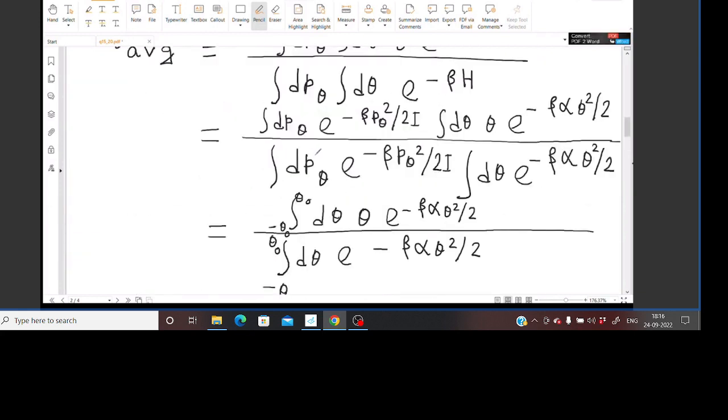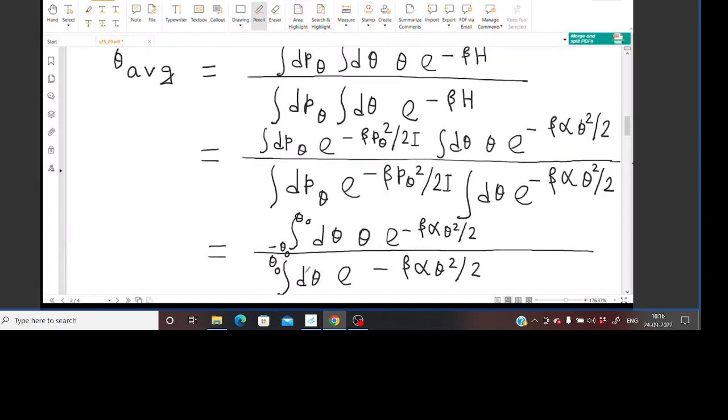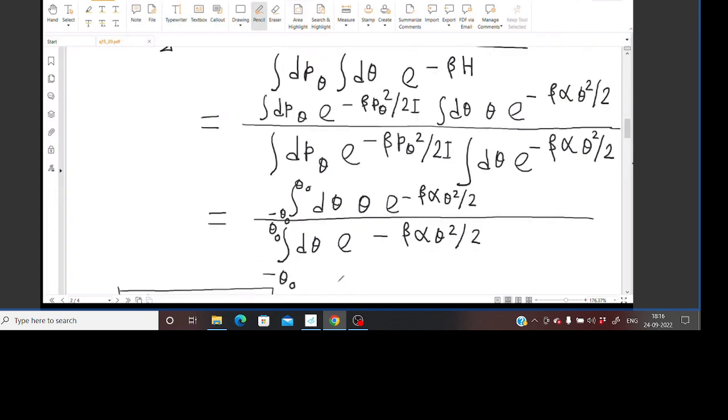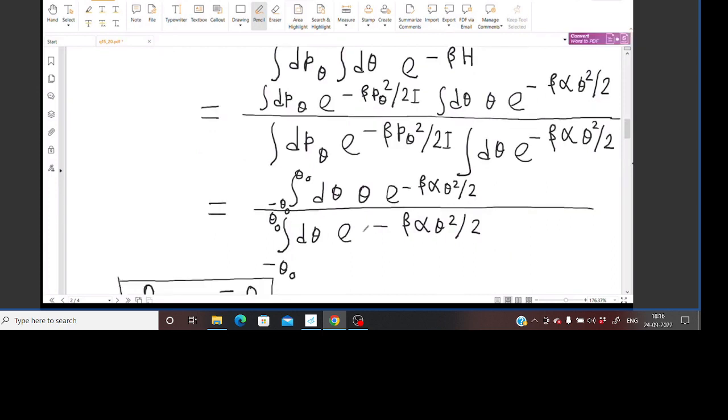The integral of p theta in the numerator and the denominator cancel out. So we have theta average equal to integral d theta into theta into e to the power minus beta alpha theta square by 2, by integral d theta into e to the power minus beta alpha theta square by 2,